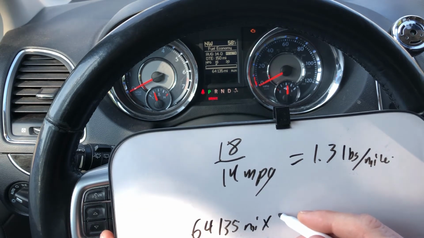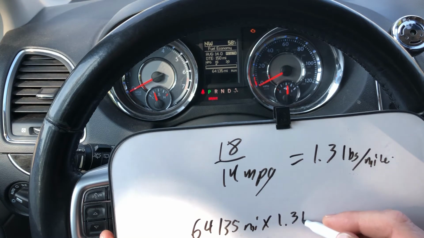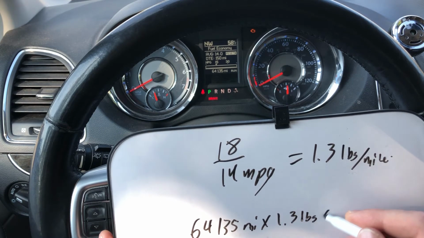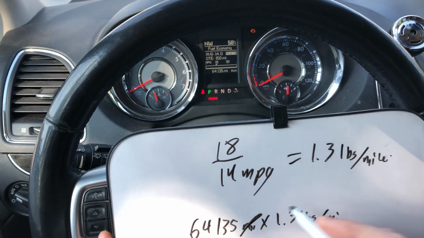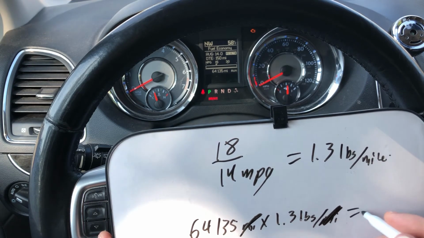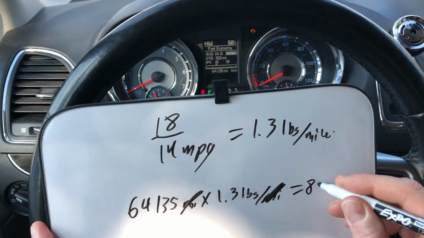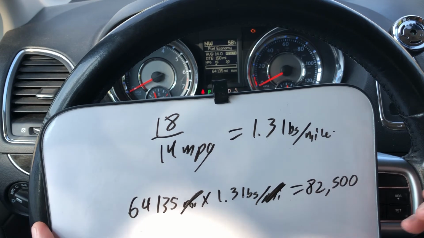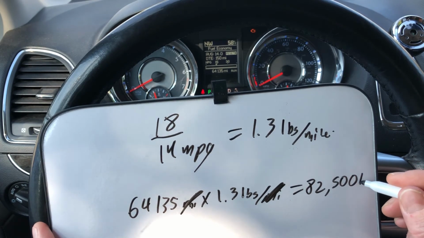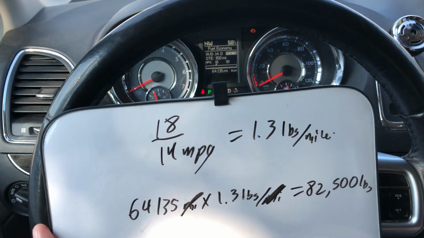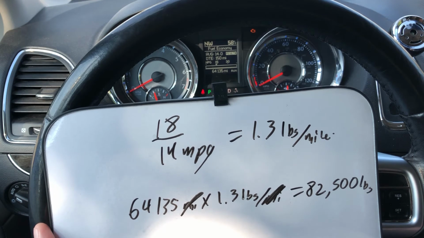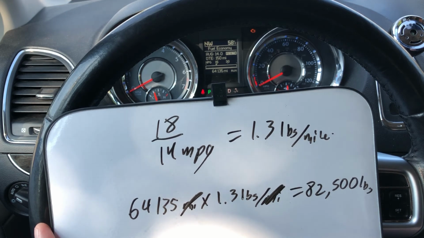And if I multiply that by 1.3 pounds per mile, units cancel. Yeah, I occasionally think about units. And the answer I get is a whopping 82,500, roughly, rounding again, 500 pounds of carbon dioxide that this van has produced since we got it 6 years ago. So that is, if you're doing math here, 41 tons of CO2 produced by my van, the way I